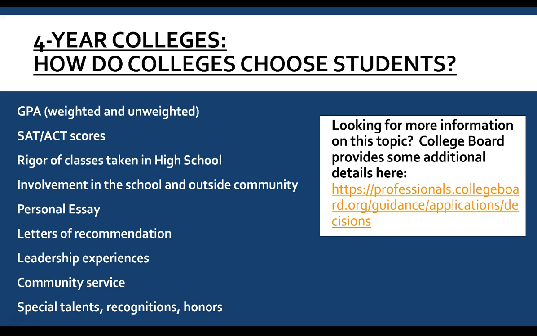First, we're going to talk about four-year colleges and what those colleges and universities are looking at from applicants when making admissions decisions. So we know that your grade point average, or your GPA, is an important factor. They'll be looking at both your weighted and unweighted GPA from 9th grade, 10th, and 11th grade. That weighted GPA takes into account any honors, GT, or AP classes that hold a higher weight. But they'll also be looking at that unweighted grade on something we call a transcript, which is a history of all your academic courses in high school.